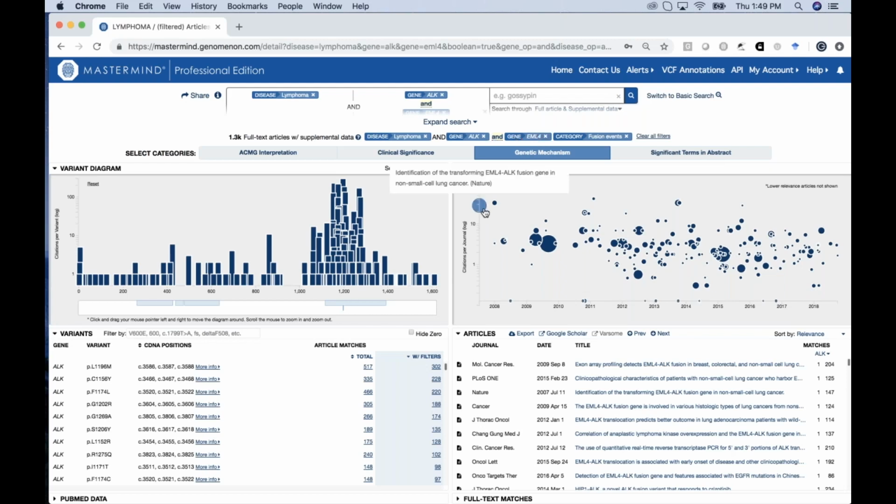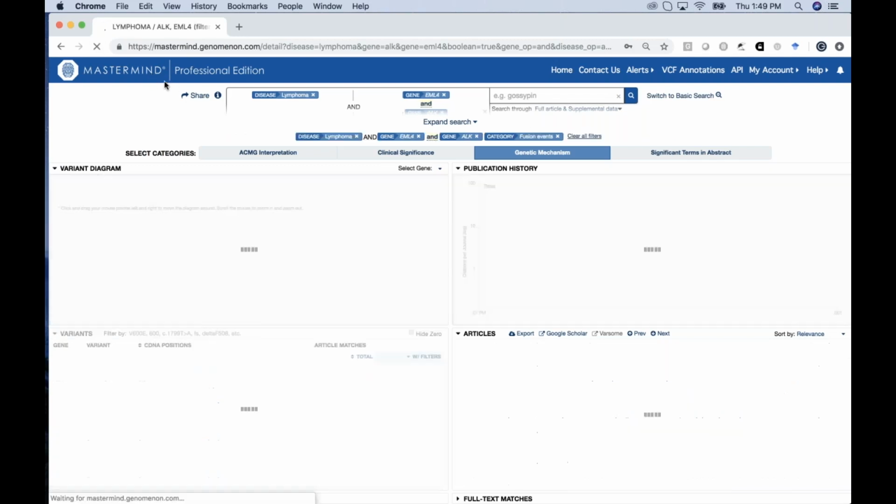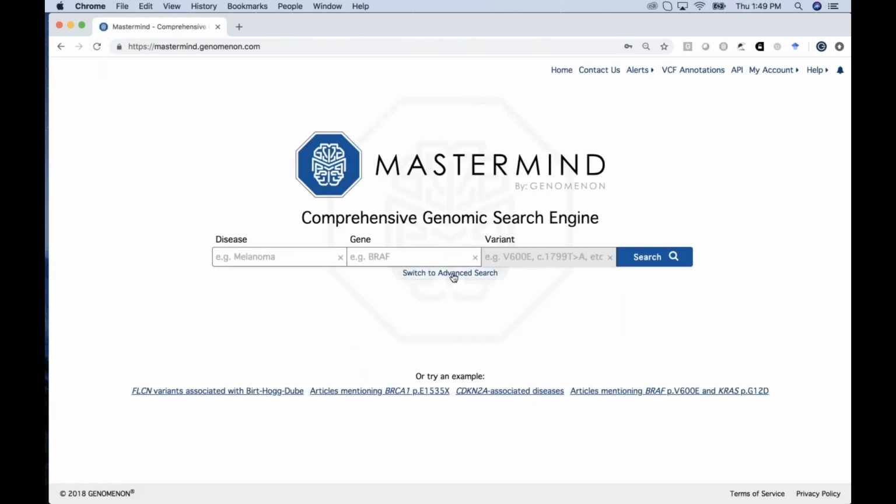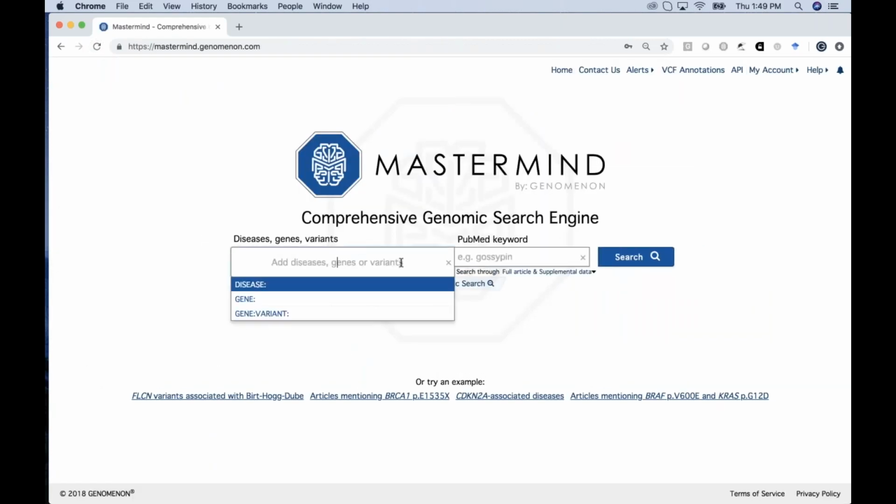And again, if you're interested in the most seminal paper that talks about that fusion event, you can see the EML4 ALK Nature paper, in this case in the context of lung cancer. So similarly, if I refresh that page, go back to my original homepage, refresh, I can switch to advanced search,